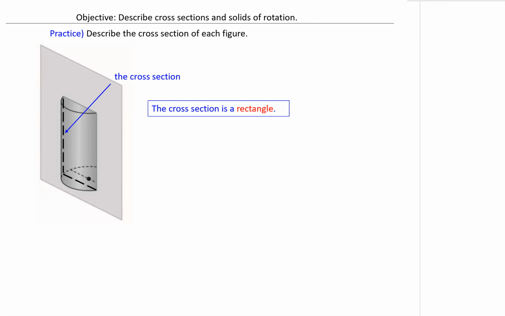So hopefully you came up with rectangle. Here's why it's a rectangle. Again, this gray rectangle here is the plane that's intersecting. We can see part of what I hope you recognize as a cylinder. So the plane intersects at the top of the cylinder, at the bottom of the cylinder, and then at the